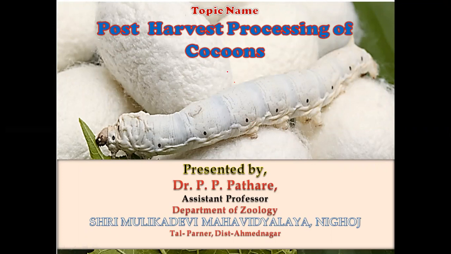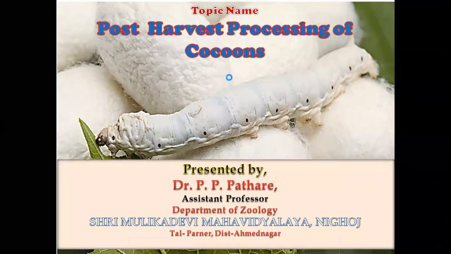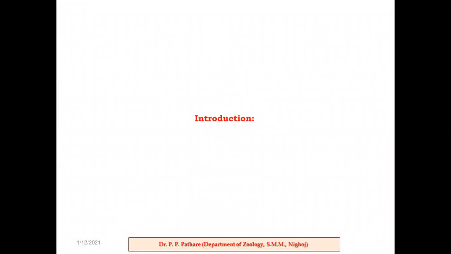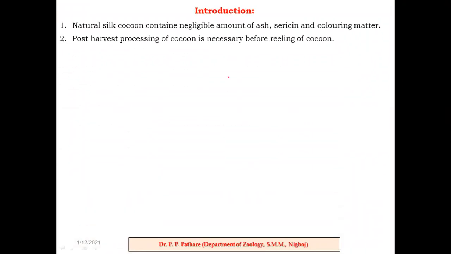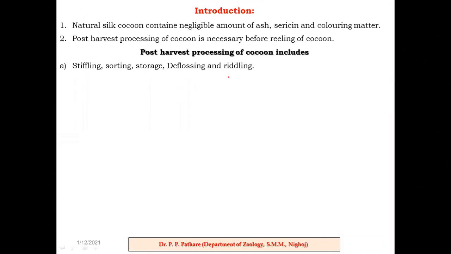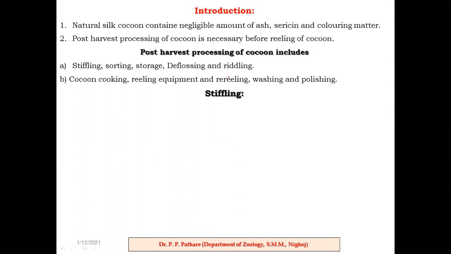In yesterday's video lecture, we started a very important topic in sericulture, that is post-harvesting processing of cocoon. In that, we took some important points, for example, types of stippling. Then the post-harvesting process includes stippling, sorting, storage, deflossing, then cocoon cooking, then reeling of cocoon. These all the processes are included in